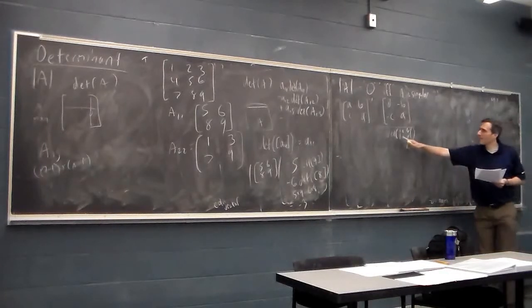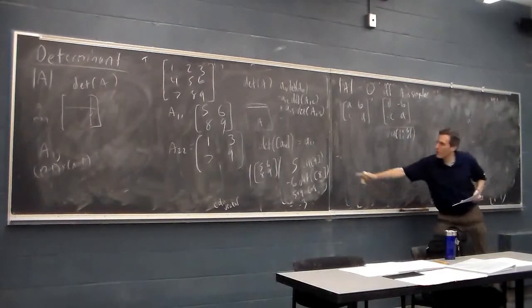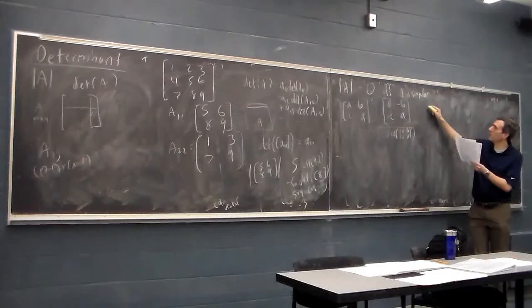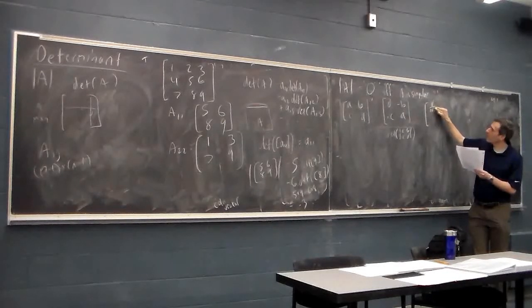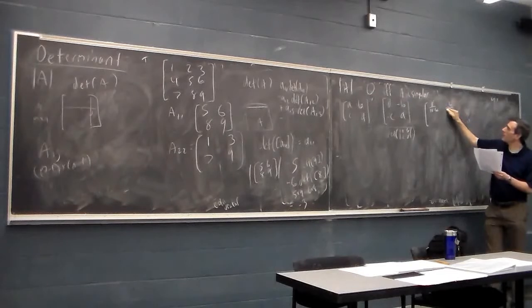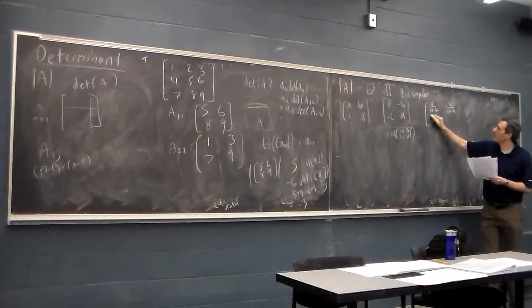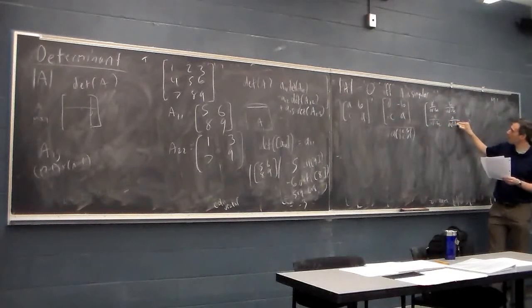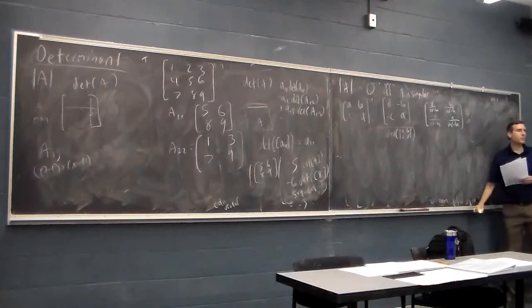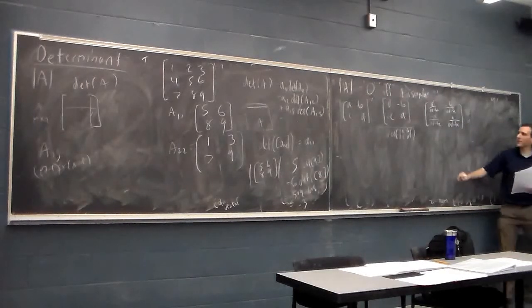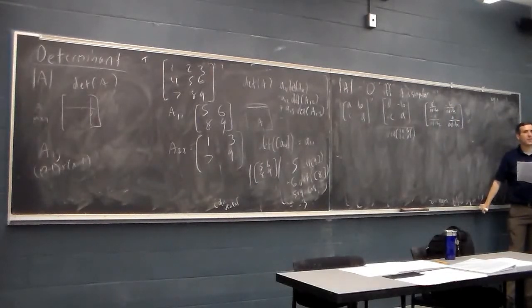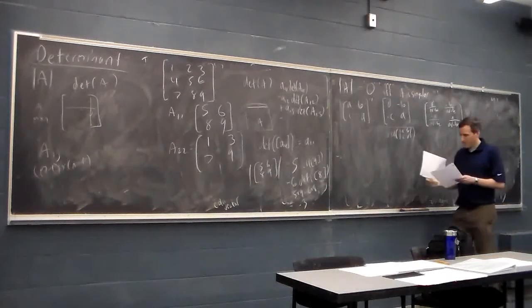And so if we work through the math in this case, the determinant of A, B, C, D, we already worked out here. It's AD minus BC, so we can say that this is going to be D over AD minus BC, minus B over AD minus BC, minus C over AD minus BC, and A over AD minus BC. So that is the inverse of a 2 by 2 matrix. And obviously you can't compute this if the determinant is 0, and you're dividing all the elements by 0. Okay, any questions about that? Okay, so